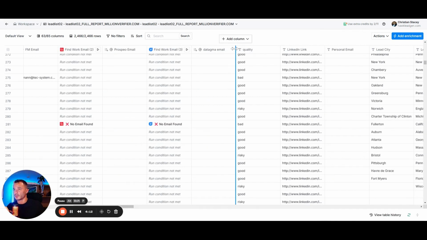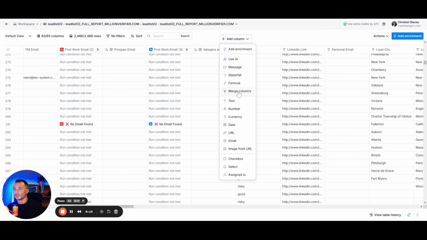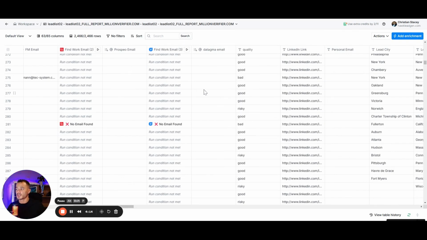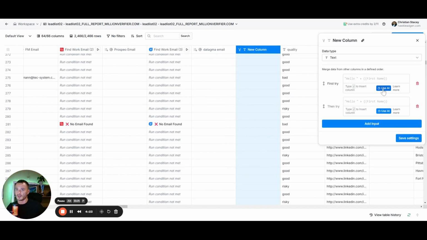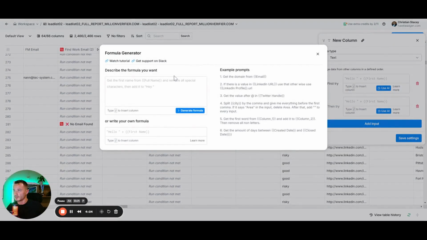Now what we have to do is go in here and merge the Prospero and the Detagma columns together. The reason we do that is because these email addresses won't be verified, like find email. So it's a very simple formula. Get data, get value from,